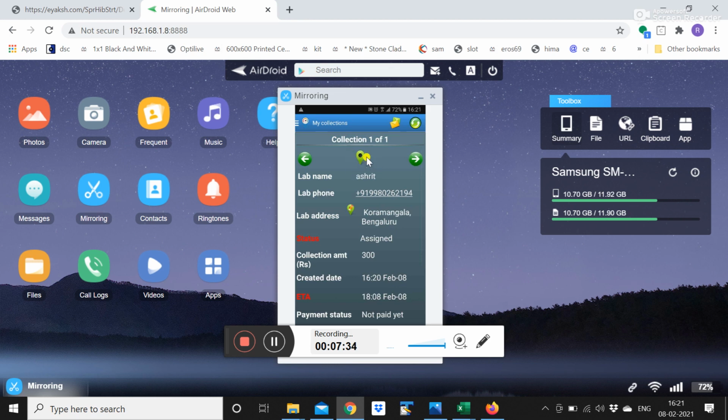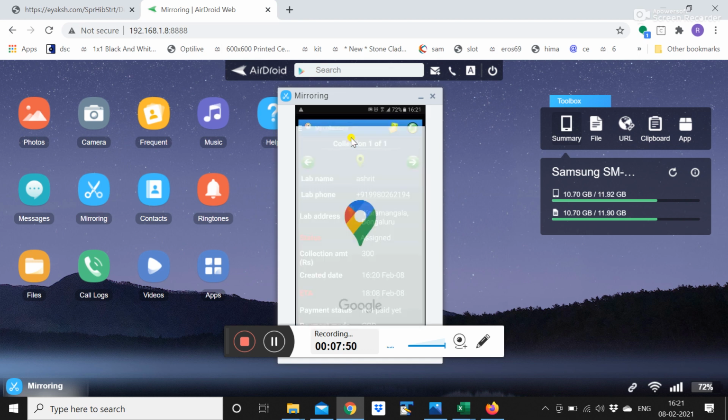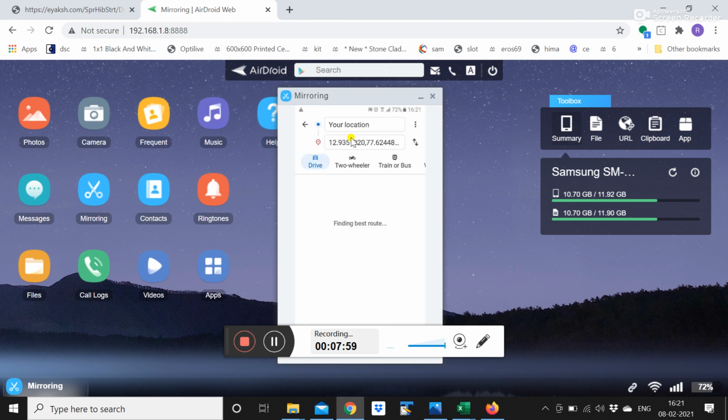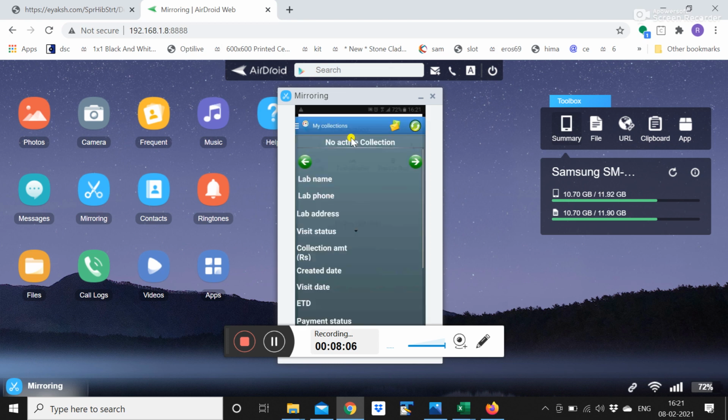Now this green mark in the center is actually to convert this address to a point on the Google map. So whatever address is provided, it will transform it to a point on the map. So if it is a new location and the Flebo is not aware of the location, he can just follow the map and reach the customer location. So this is how it is integrated. He can follow the pathway that is suggested by Google Maps.